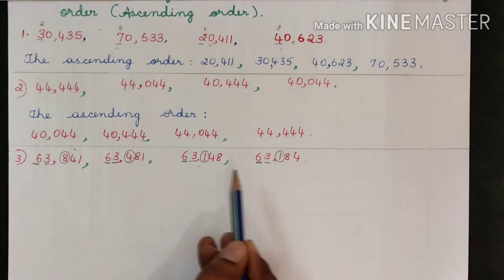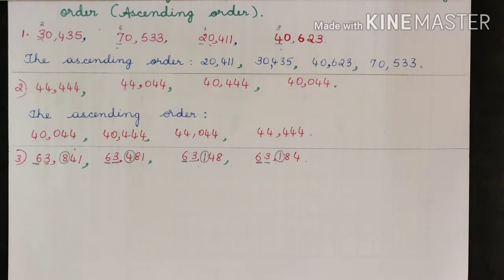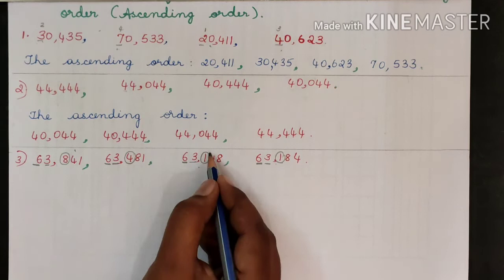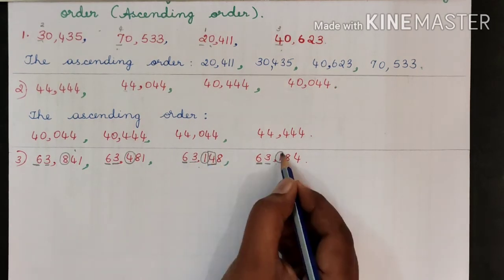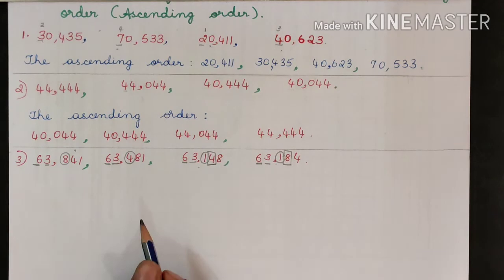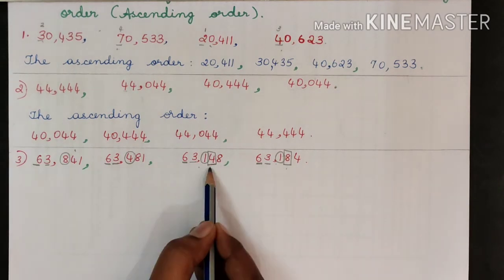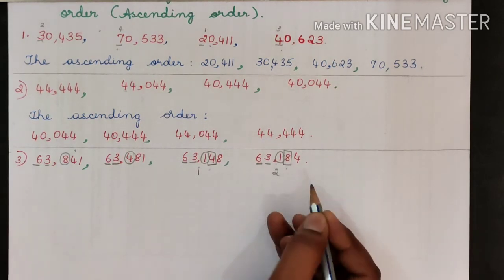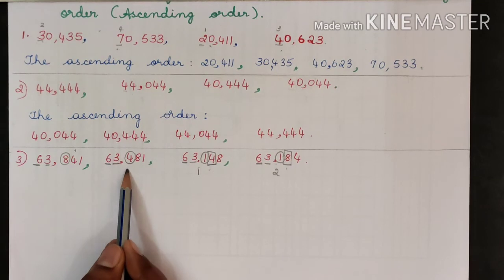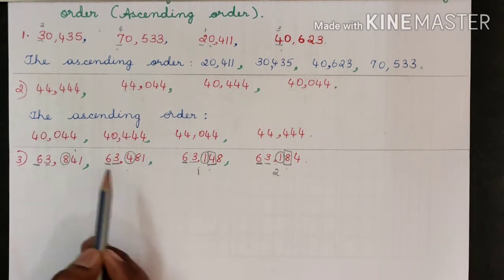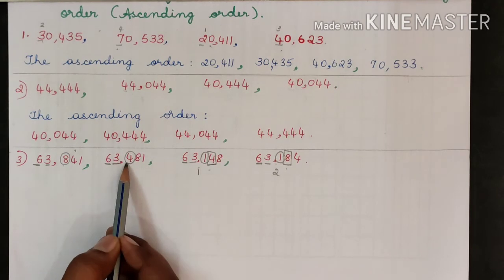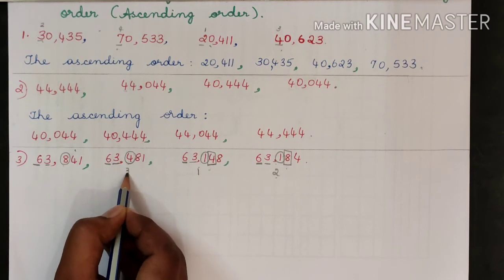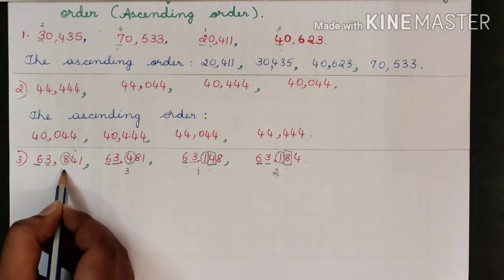So between these two numbers, now we have to find the smallest number again. So hundreds are same. Compare tens. We have 4 here in tens place and 8 here in tens place. Comparing 4 and 8, 4 is smaller than 8. So this number comes first, this number comes next. We are left with two numbers. Here only 8 and 4 are different and 4 is smaller than 8. So second is already over. This comes third and this comes fourth.